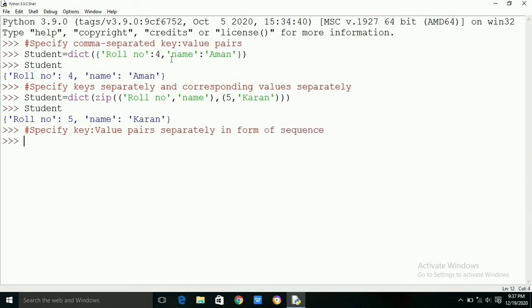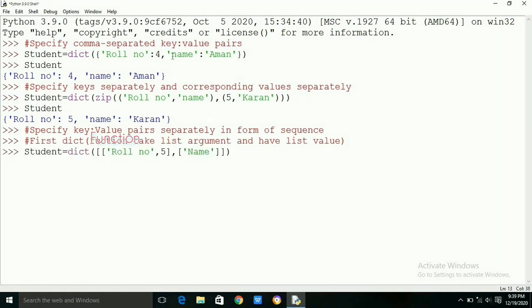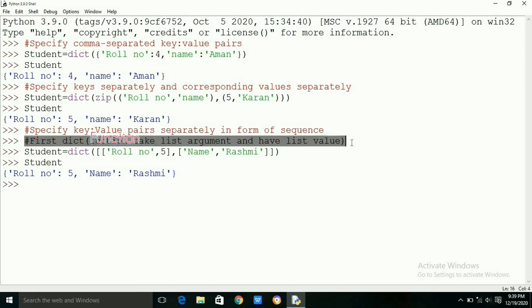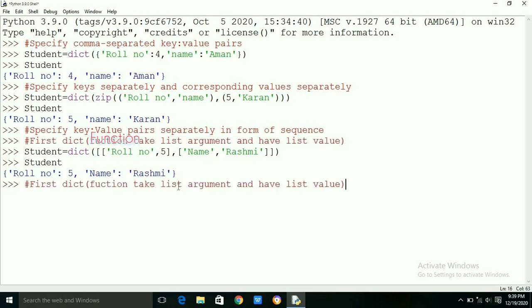Here the values of a dictionary can be of any type, but the keys must be of an immutable data type such as strings, numbers or tuples. In the first method, the key value pairs are specified in the form of a list and the items are also lists. In this dictionary, there are 2 list type entries in one list.